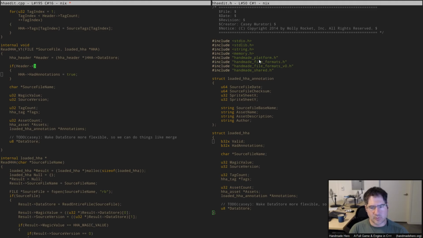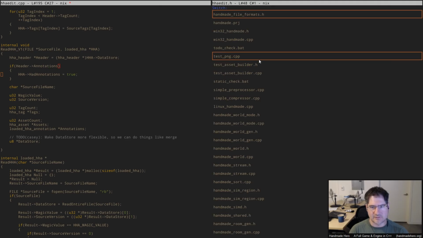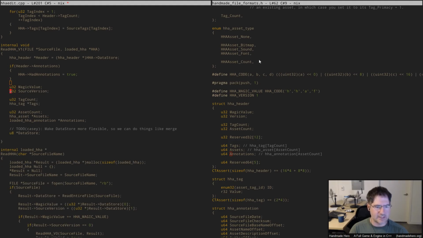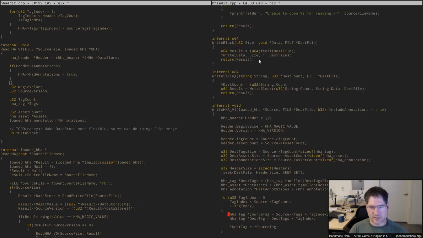The if statement would just be whether the annotation array had an offset, right? So if the annotations, that's in this header here, this thing. If this was non-zero, then it has them. Otherwise, it doesn't, right? We know this is set already. Magic value and source version should also be set, if I'm not mistaken. Those are set by the calling code, right? So